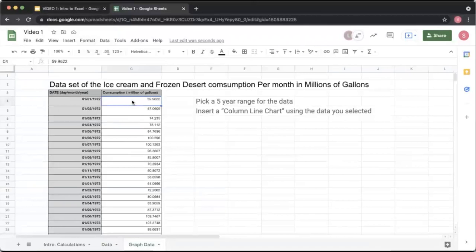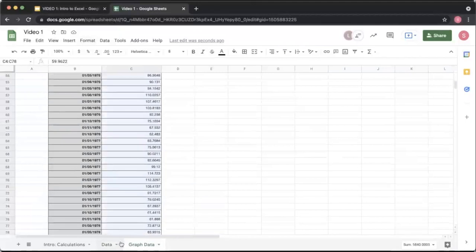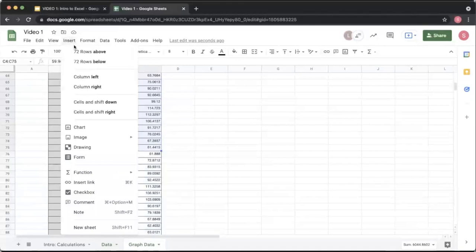So you're going to go to the consumption column. I'm going to select the first 5 years, which is 1972 to 1977. And you're going to select all those numbers, making sure to include every month of the year. And then you're going to go to the insert tab at the top of the taskbar, press insert. You're going to press chart,